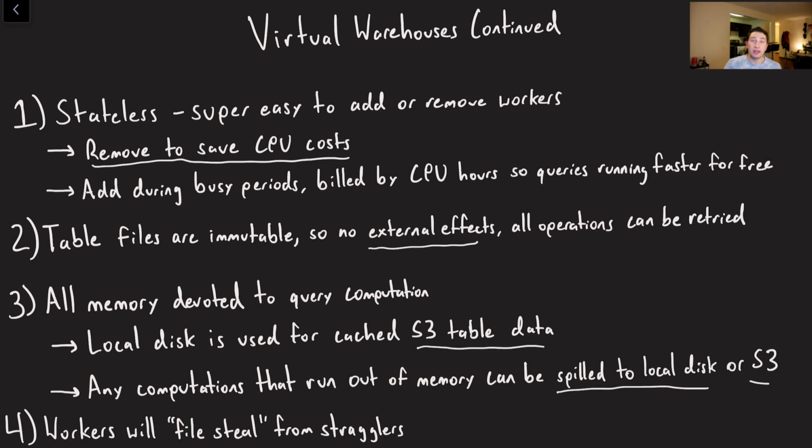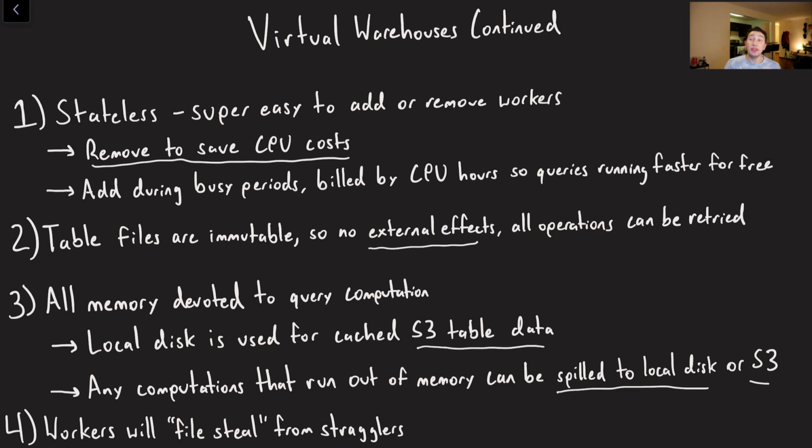Obviously, things are going to get a lot slower, but it also does mean that you're not going to have any out of memory issues where things just crash. And then finally, stragglers are something that we've spoken about a lot during this deep dive series, which is basically when you have a bunch of distributed workers, one of them, for whatever reason, probably hardware issues, could just be a lot slower than others.